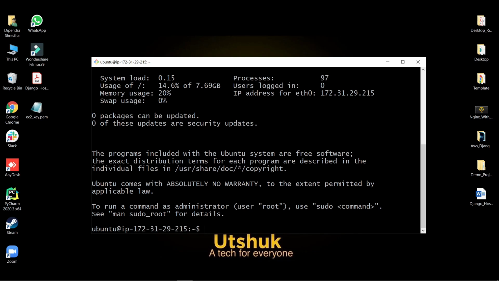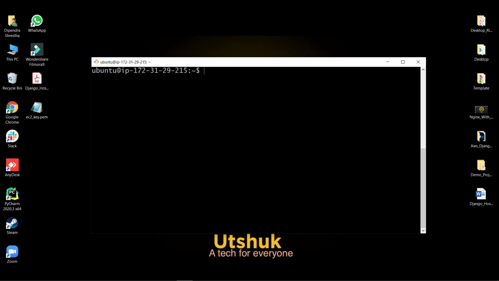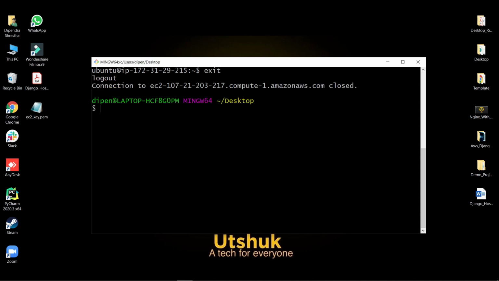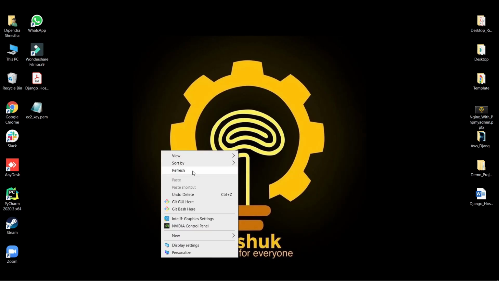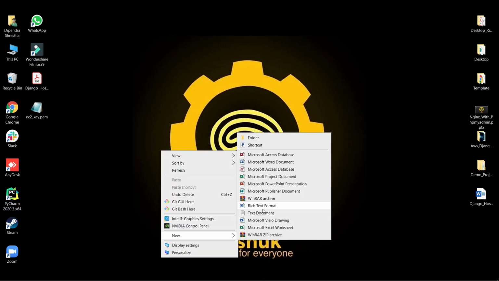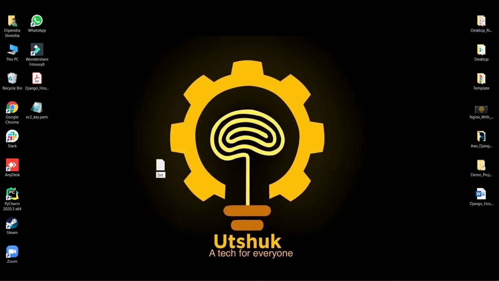So let's clear it out. There is also another way to connect to the EC2 instance. Let's exit first. On your desktop, let's create a text file and give it the name EC2 key, and the extension will be sh.